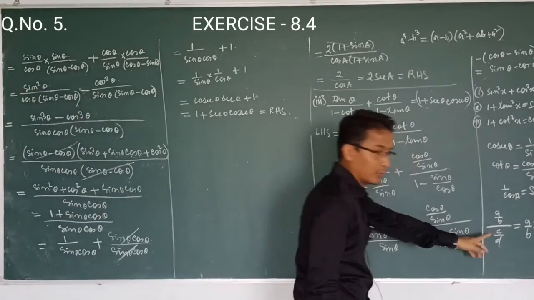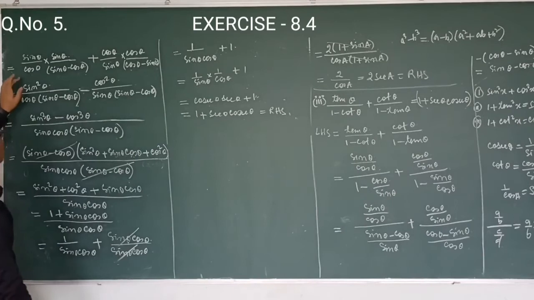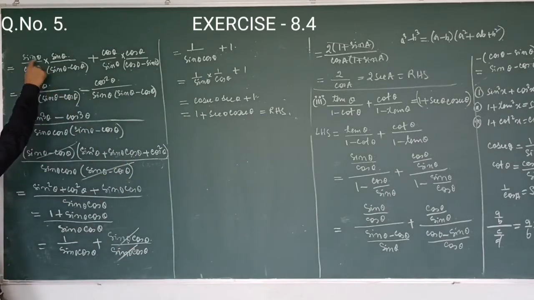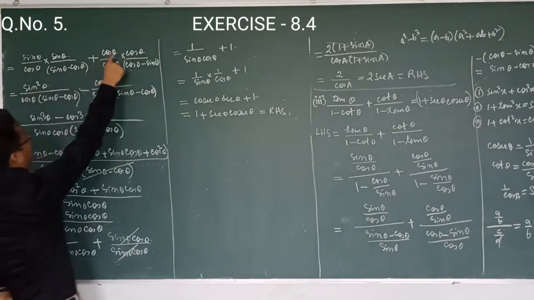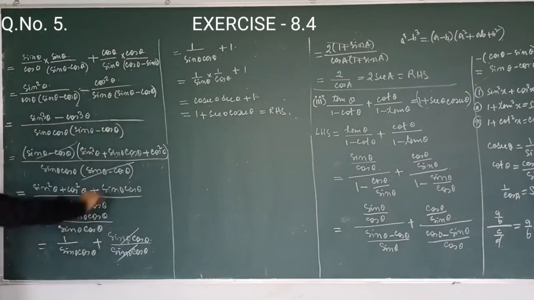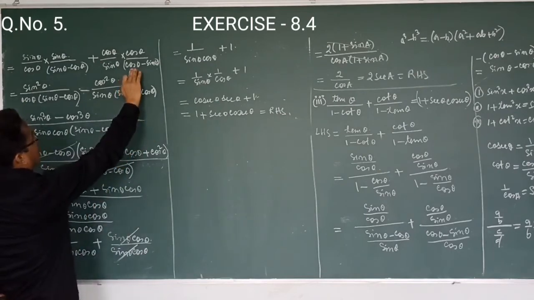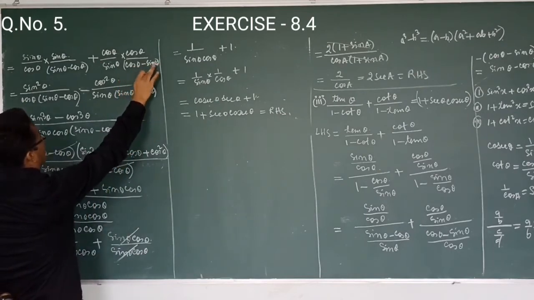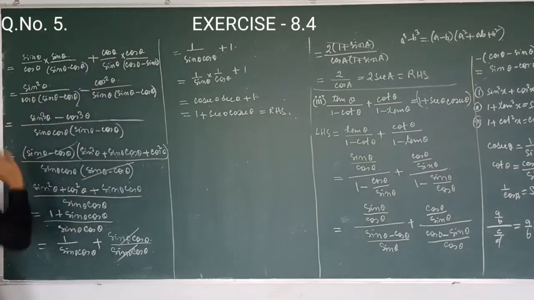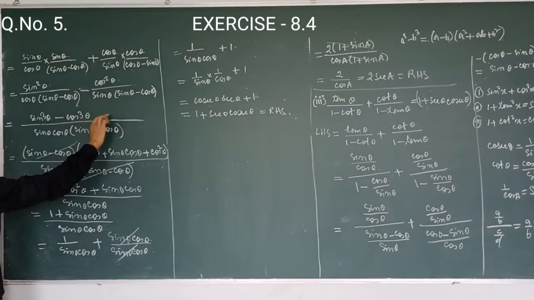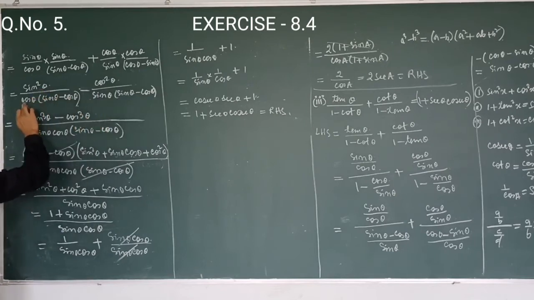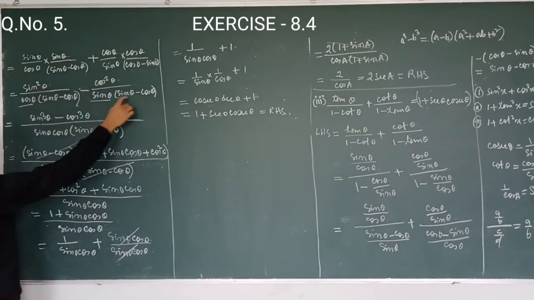Okay, in this way we converted that one. So after that we get this, multiply this by sin square, and we converted this also to sin minus cos, then this plus will become minus. Okay, then we take the LCM. When you take the LCM, cos is multiplied here, and sin is multiplied here, because these two are common.